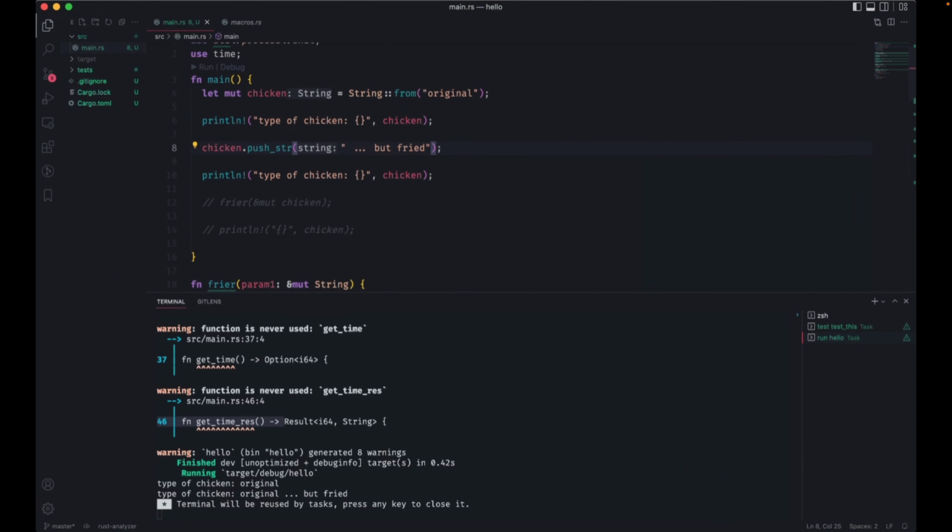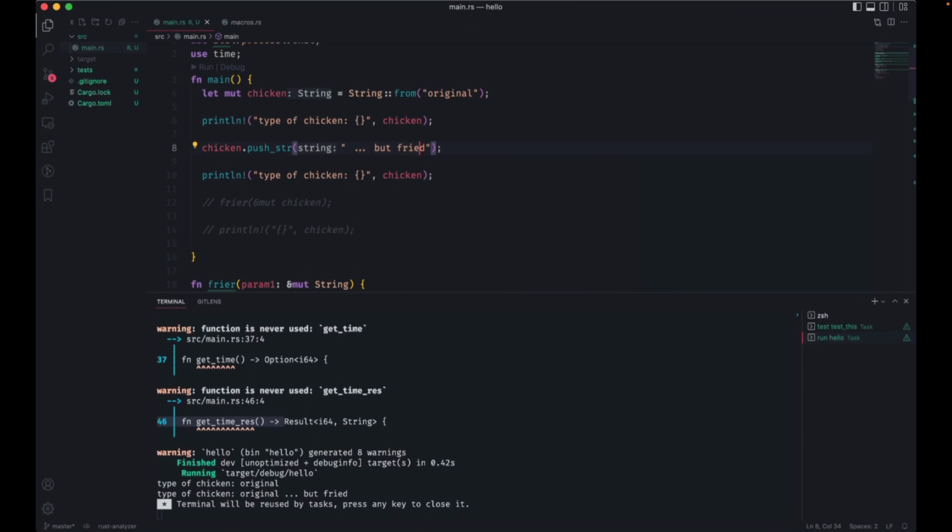So I changed this string. I've pushed onto it. What's going on here? Nothing's changed to my stack. I still have a pointer to an object in memory, a string that says the word original. But since it's in the heap, it's a dynamic thing. I can expand that container. So now I'm going to push to it.